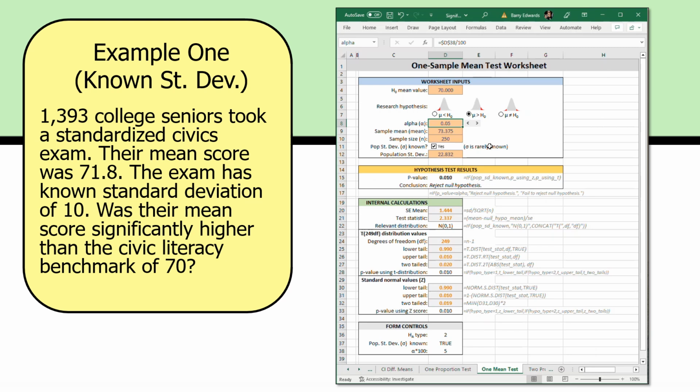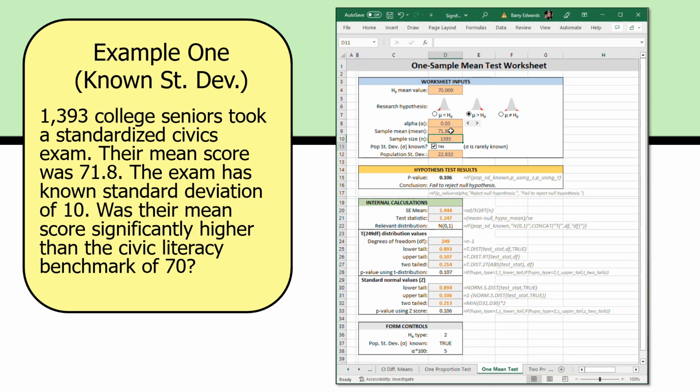Alpha is not specified in the problem, but let's assume that it's 0.05, the conventional level for significance testing. The sample mean supplied by the problem is 71.8, so we will input that, and the sample size is given to us in the problem,